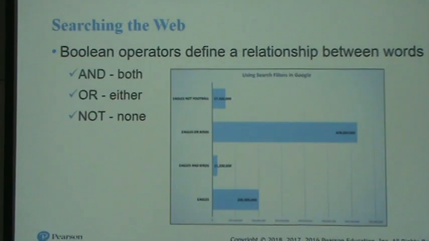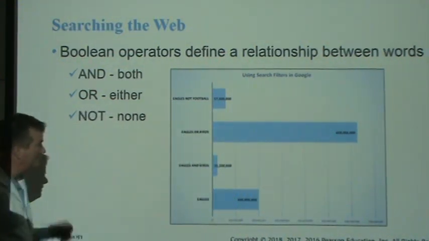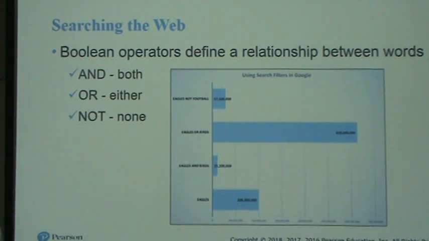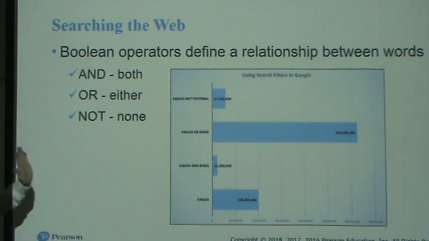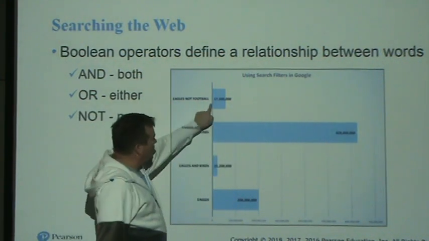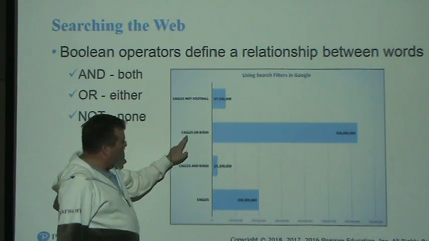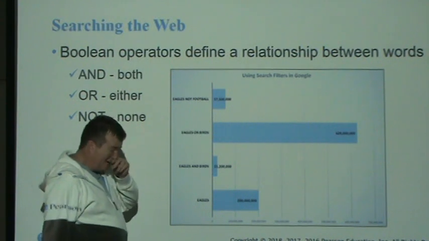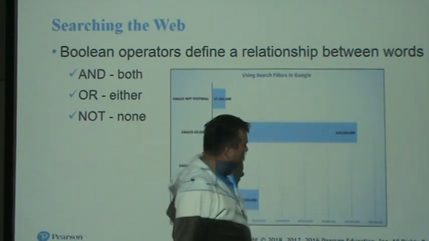So you can go and do a search on that. And this has been going over search engines a little bit, but when you're doing your search, you could put and, or, and not into your search. So a search, you could look for Eagles, not football. And then it would find all the web pages that have the word Eagles in it that are not related to football. And that might be so many, 57 million it looks like. If you're looking for Eagles or birds, anything that mentions Eagles or birds, there would be 628 million of those.